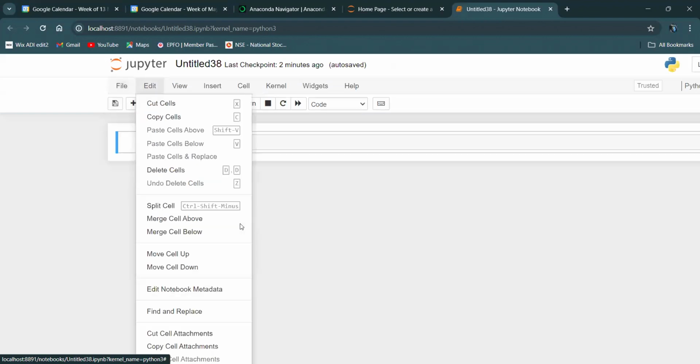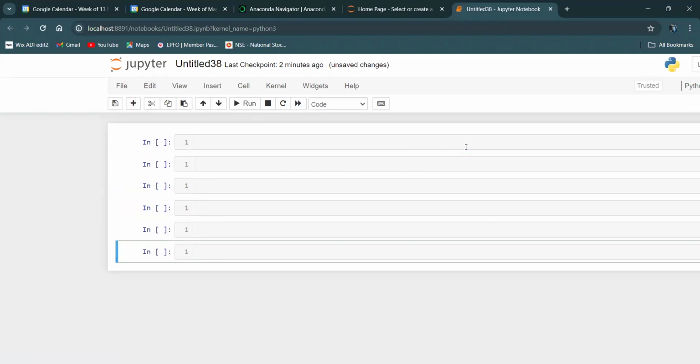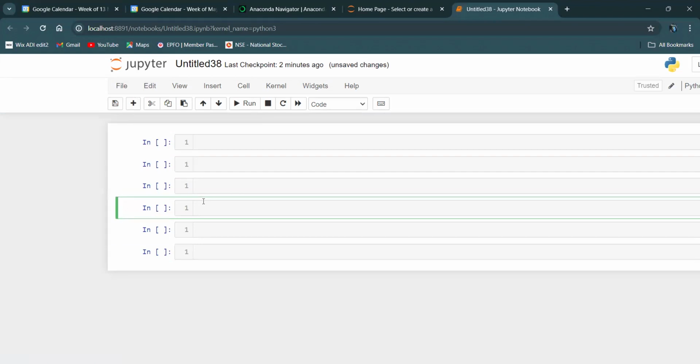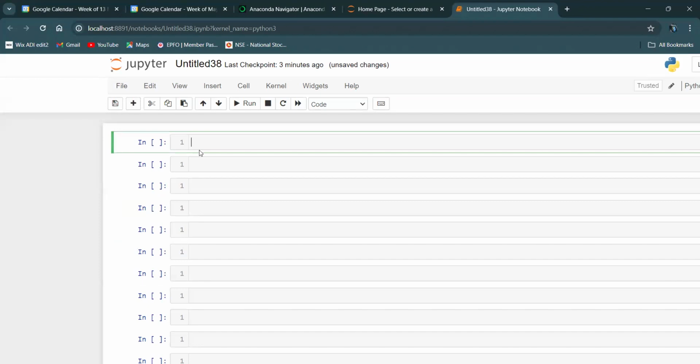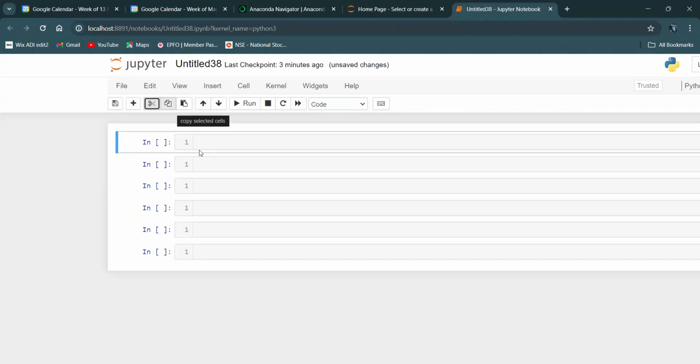Coming to edit option, this is a notebook, and these are called as cells. So in these cells only you will be working, you will be writing the code and you will be executing it. You can save it, or you can also add here, or you can also add with shift enter. You can cut the cell. You can also copy the selected cell. You can also paste the cell.